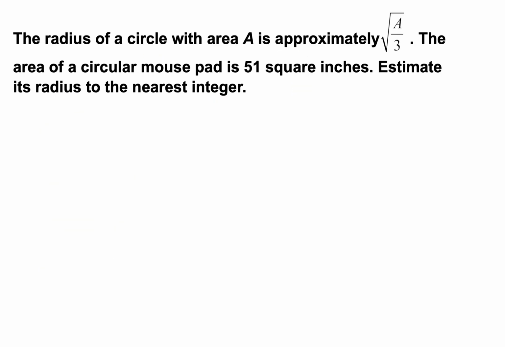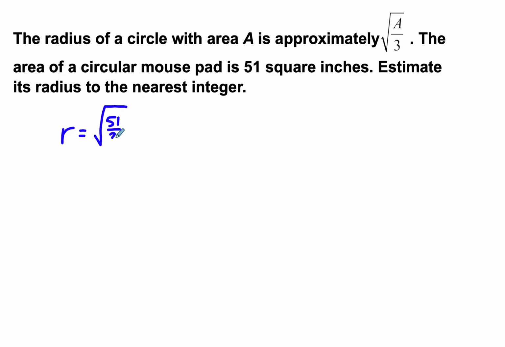Okay, let's look at this next one. The radius of a circle with area A is approximately the square root of A divided by 3. The area of a circular mouse pad is 51 square inches. Estimate its radius to the nearest integer. Okay, so here's the formula they're giving us. Radius equals the square root of the area, and here they told us 51